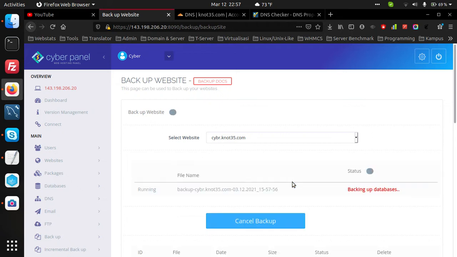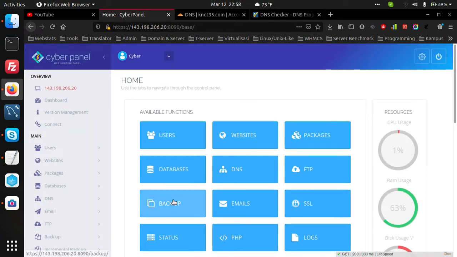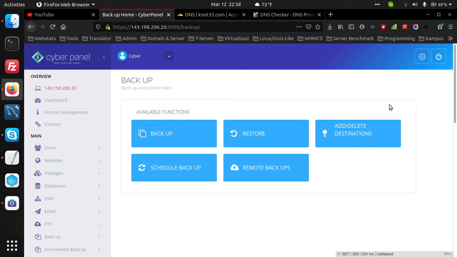And for efficient working, you can schedule the backup.